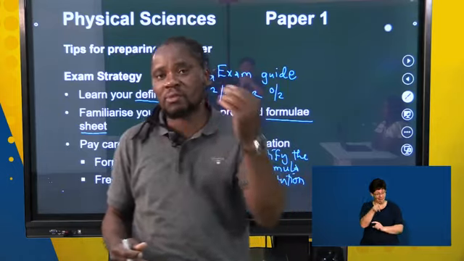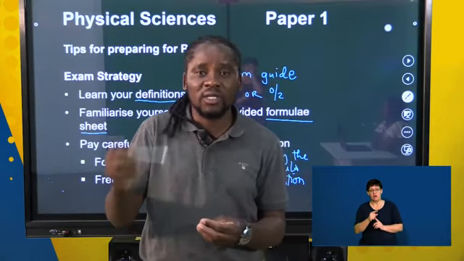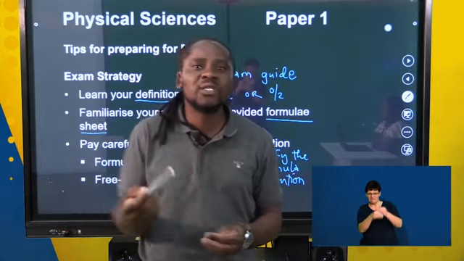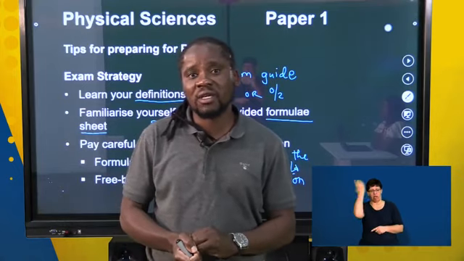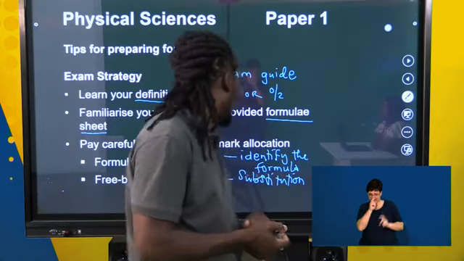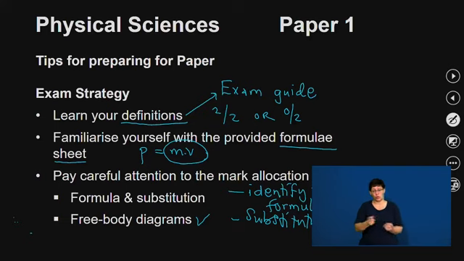What's so important about vectors, as we would recall from our grade 10, is that vectors have a component of direction, something which is often overlooked, and you'll be penalized at the end of the year if you don't pay careful attention to the vector nature of the forces. So when you draw free body diagrams, you need to indicate the forces, label them correctly, make sure that the tail touches the dot, okay? But more importantly, there is a